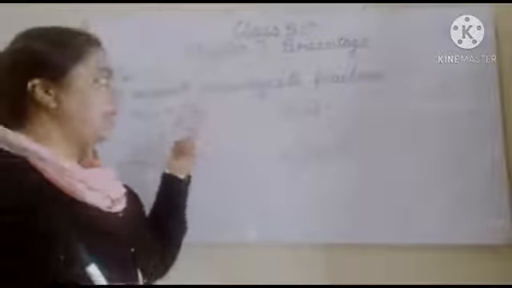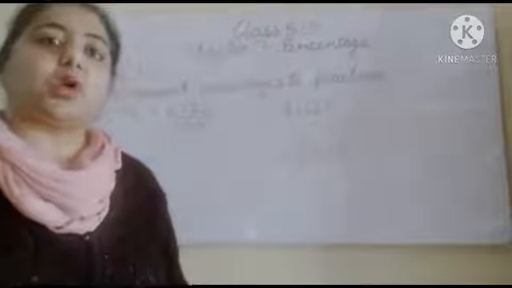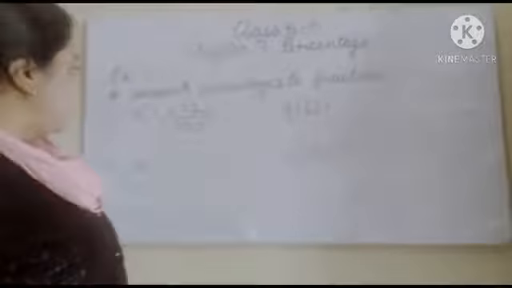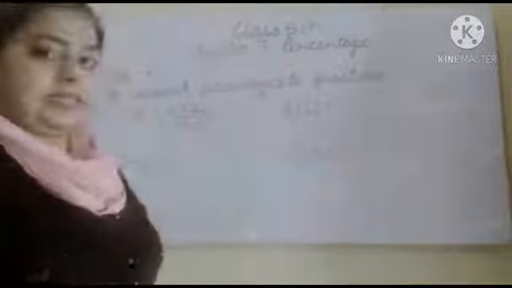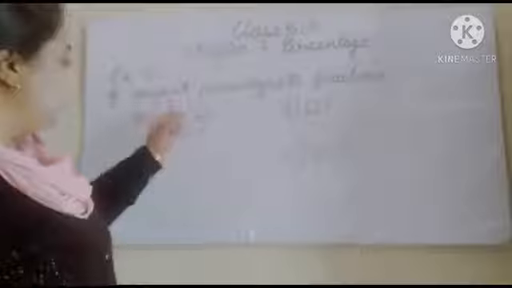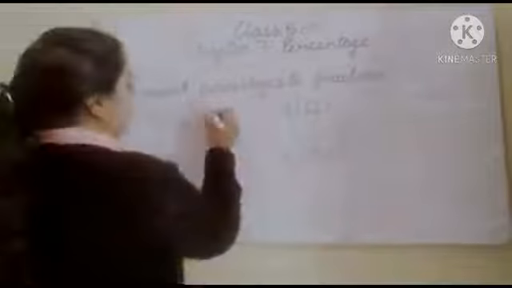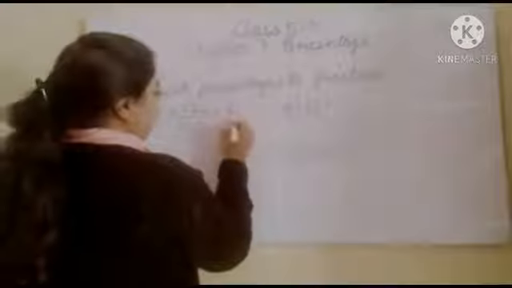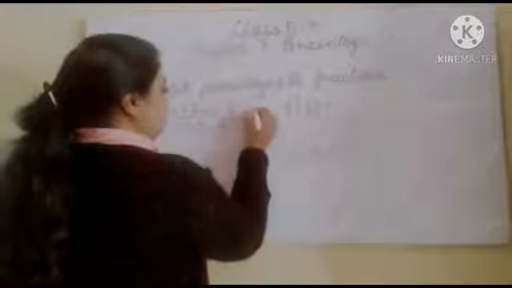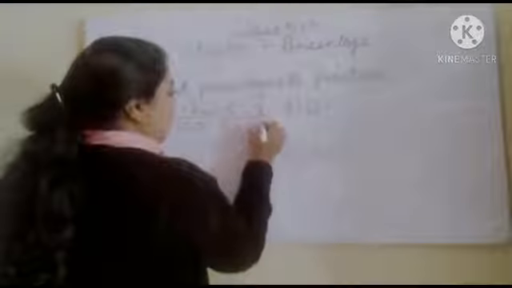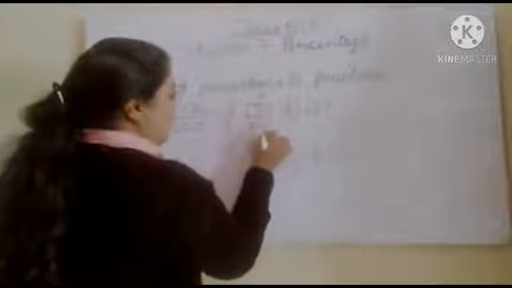ये भी आपका आंसर हो सकता है क्योंकि ये फ्रैक्शन फॉर्म में है, बट अगर आप चाहें तो इसको और सिंपलेस्ट फॉर्म में लिख सकते हैं. सो व्हाट इज द सिंपलेस्ट फॉर्म? अगर हम इसको 2 से कट करेंगे तो 6 by 50 and again 2 से कट करेंगे तो 3 upon 25. This is the simplest form. So the final answer is 3 upon 25.